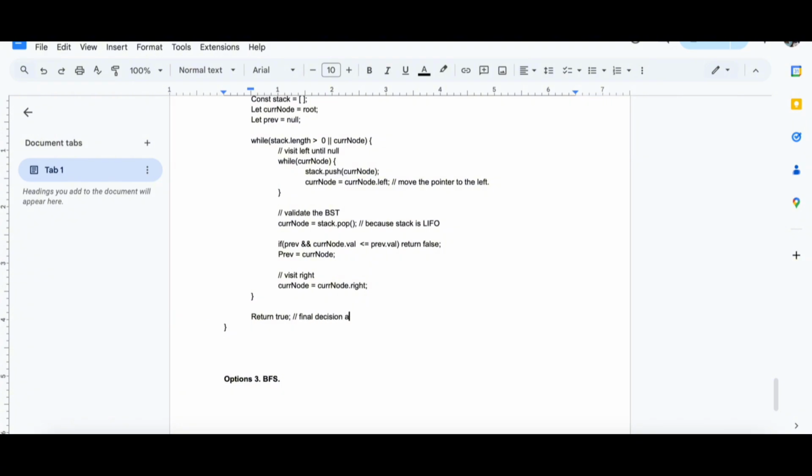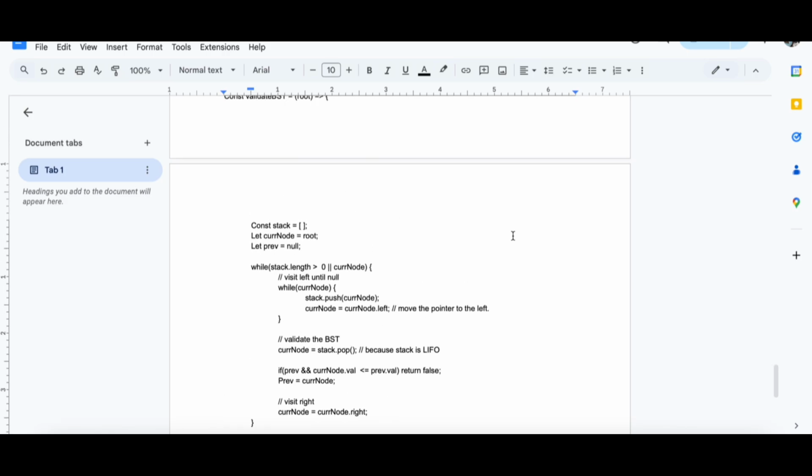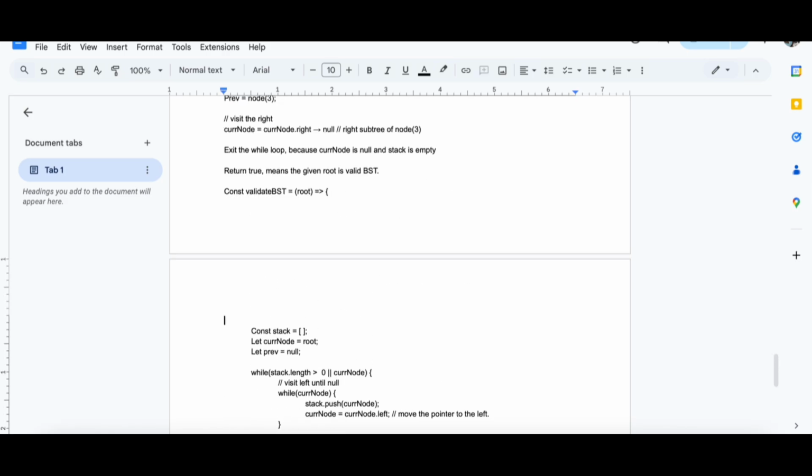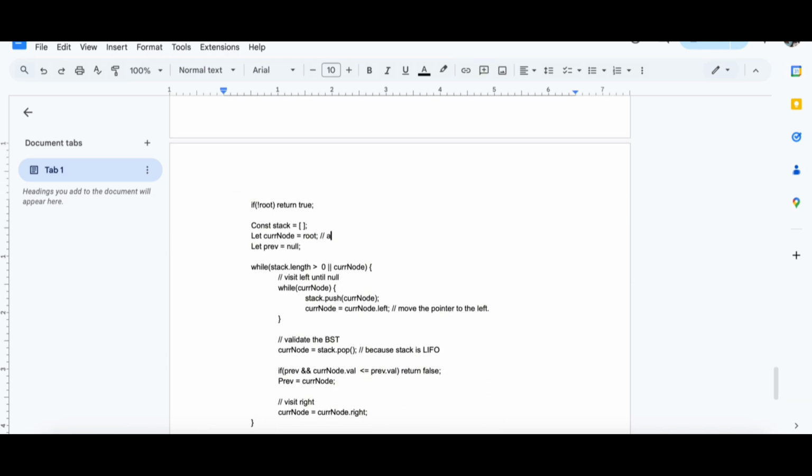Final decision after checking. Okay, that's all. I need this. If the root is null, we return true. Okay, as the pointer,